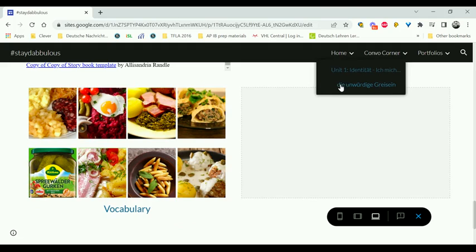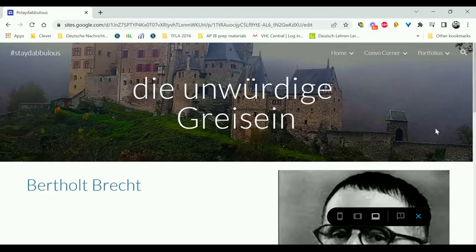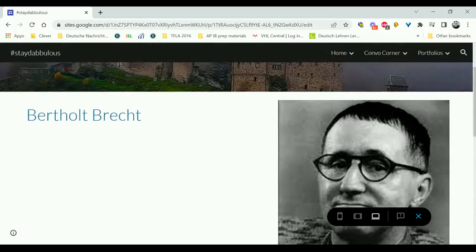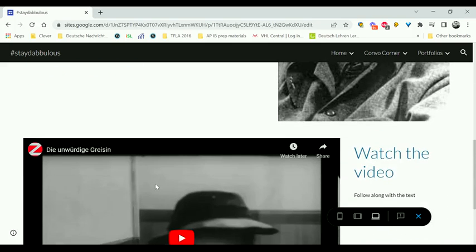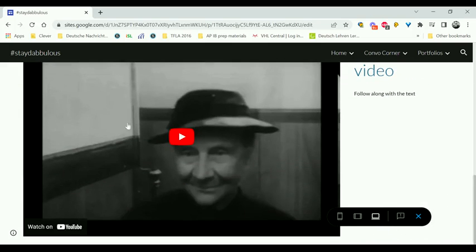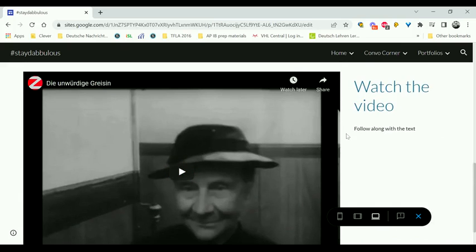So another idea to consider within this same concept of thinking about units. This particular one, we have Bertolt Brecht. We could write in here some information about him, things you want the students to be able to understand and know about this particular individual. And then you might also have a video showcasing the works that he created